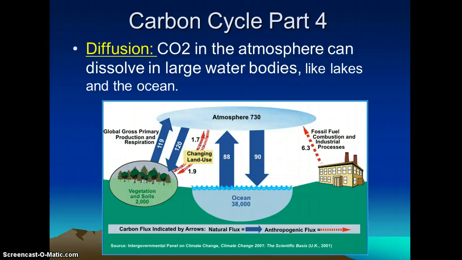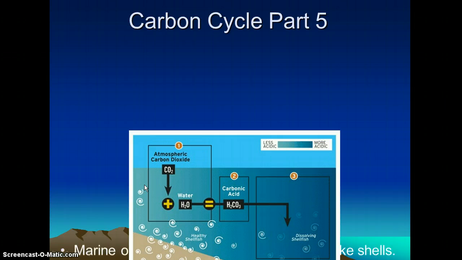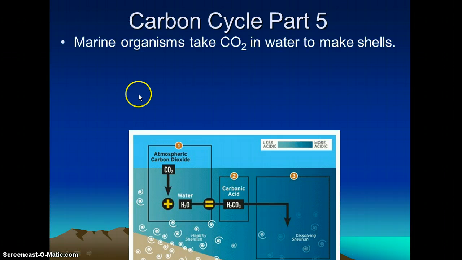Another thing about carbon is that carbon dioxide in the atmosphere has this ability to diffuse or enter the ocean in a gaseous form. So there are bubbles in the water. Those bubbles could be carbon, not just oxygen. And the interesting thing is that the ocean is one of the largest carbon holders out there, even often larger than a forest. And because there's so much in the ocean, a lot of marine organisms use that CO2